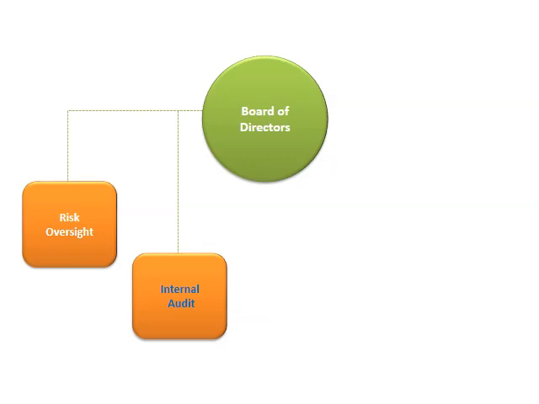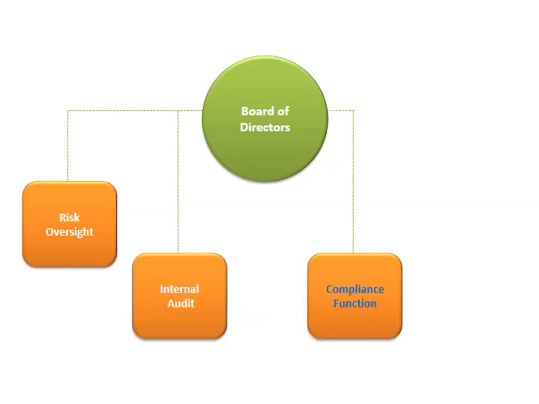Internal audit. Internal audit's role is to monitor and evaluate the company's internal control environment to validate that controls are effective in mitigating risks. To maintain their independence, open communication between the board, audit committee, external auditor and internal audit function should be facilitated. Compliance function. The compliance function provides reasonable assurance that the company is complying with applicable laws and regulations, as well as internal codes of conduct, policies and procedures.